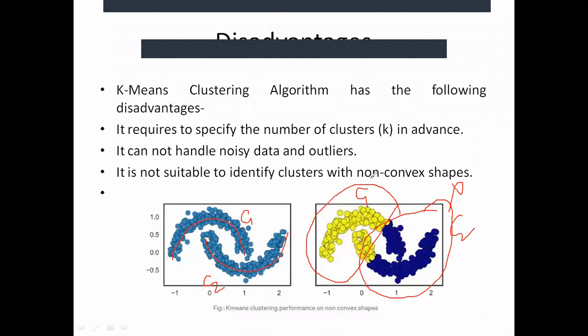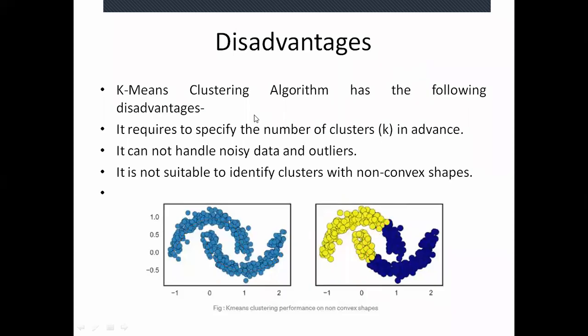So the K-means algorithm can't be used for these types of data points. If you have non-convex shapes, even other shapes like these, it can't handle them. Suppose there are some clusters over here and some data points over here. This type of clusters we can't find using the K-means algorithm. So it is not suitable for non-convex, and these are called non-convex shapes. Is it okay? So these are the disadvantages of the K-means algorithm. There is one more slide where I have written the same thing. So if some question comes on just K-means, like what do you mean by